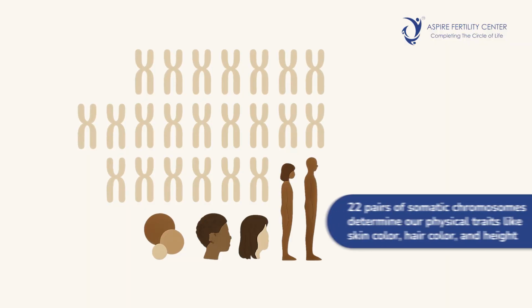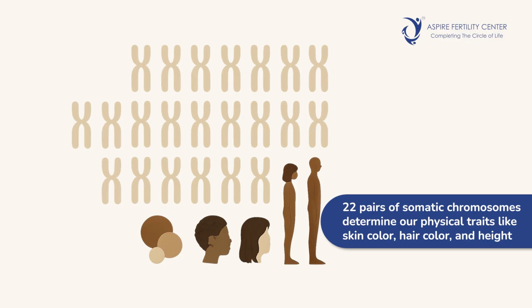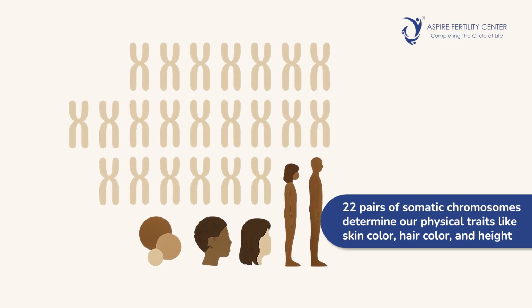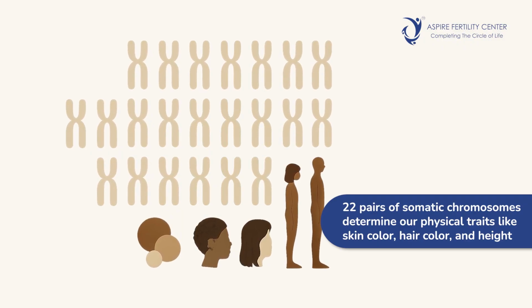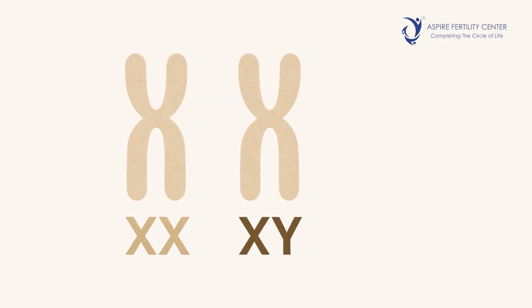The third form of PGT is PGT-SR, that is pre-implantation genetic testing for structural rearrangements. We all know that we are made of 23 pairs of chromosomes, right? 22 pairs are somatic chromosomes, that is, they decide how we are built: our skin color, hair color, height, etc., which are defined by the genes. Then one set is a sex chromosome, which is if it's XX, then it's a lady, if it's XY, it's a man. These chromosomes are numbered 1, 2, 3, 4, up to 22.